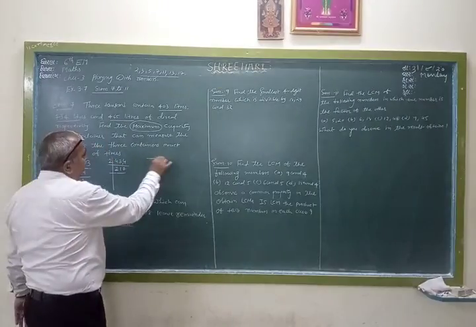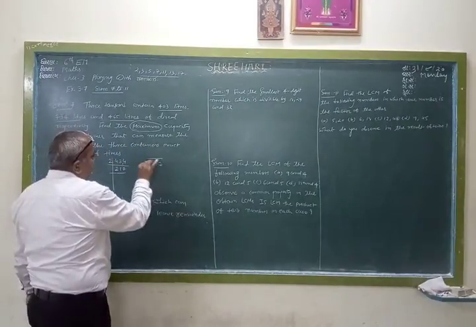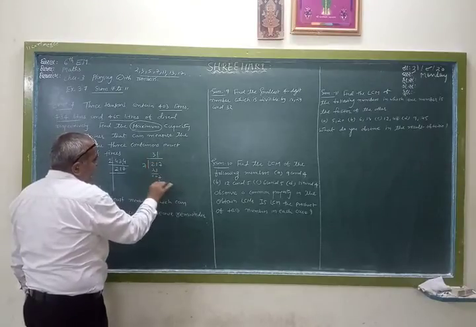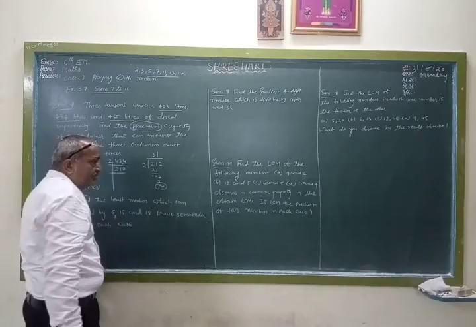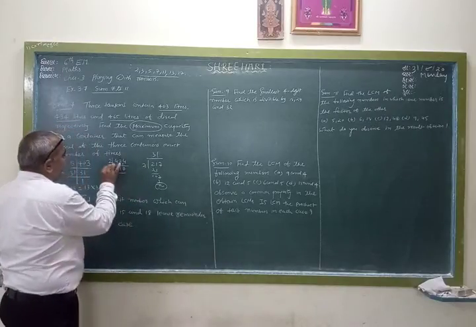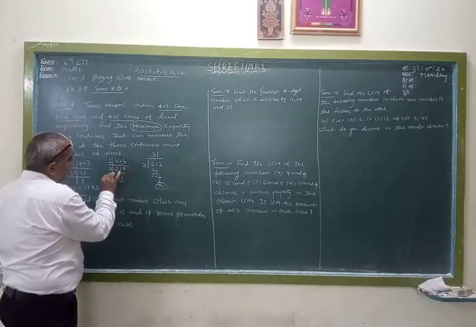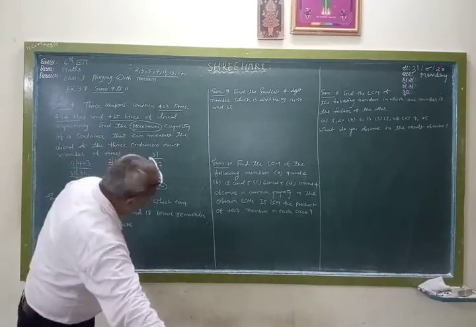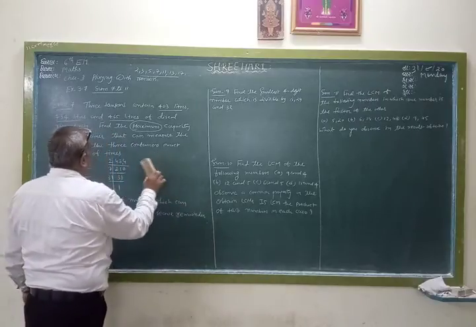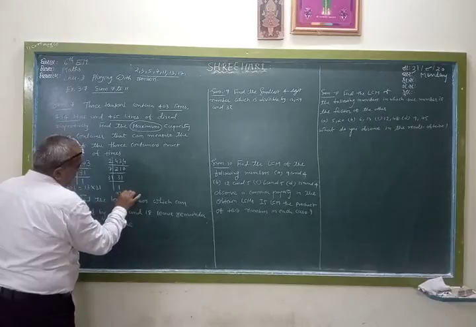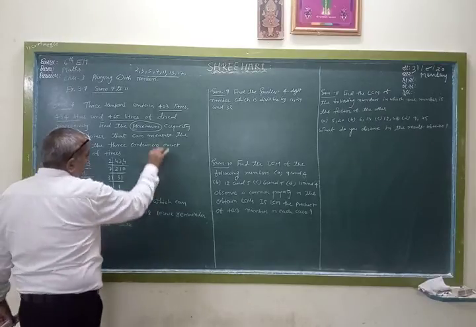Check by 7: 217, 7 times 31 is 217, remainder is 0. So we divided it by 7, then 31 is prime, 31 times 1 is 31. Here the prime factorization of 434 is equal to 2 into 7 into 31. Now last